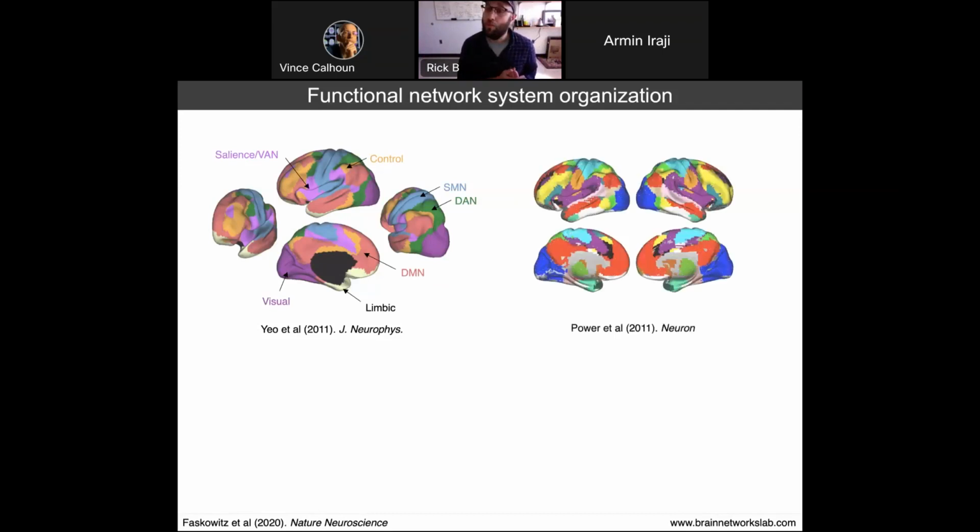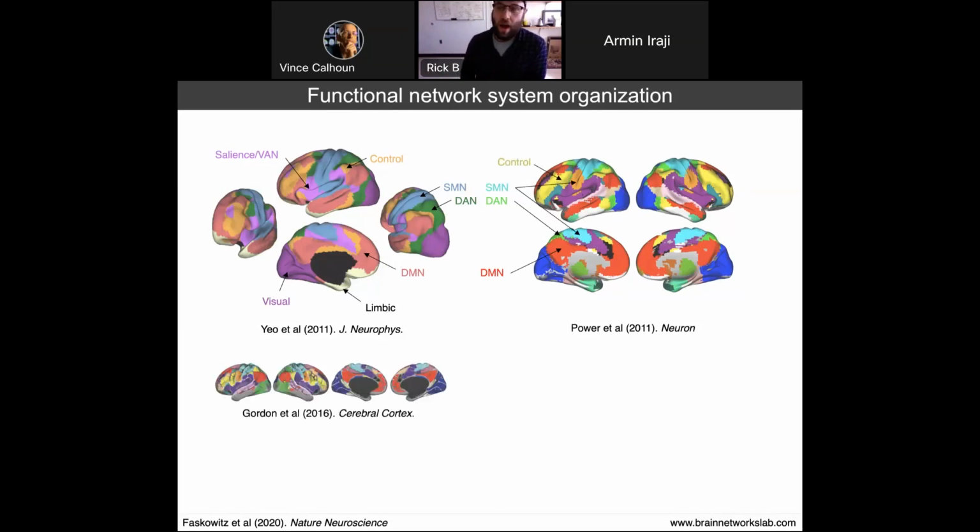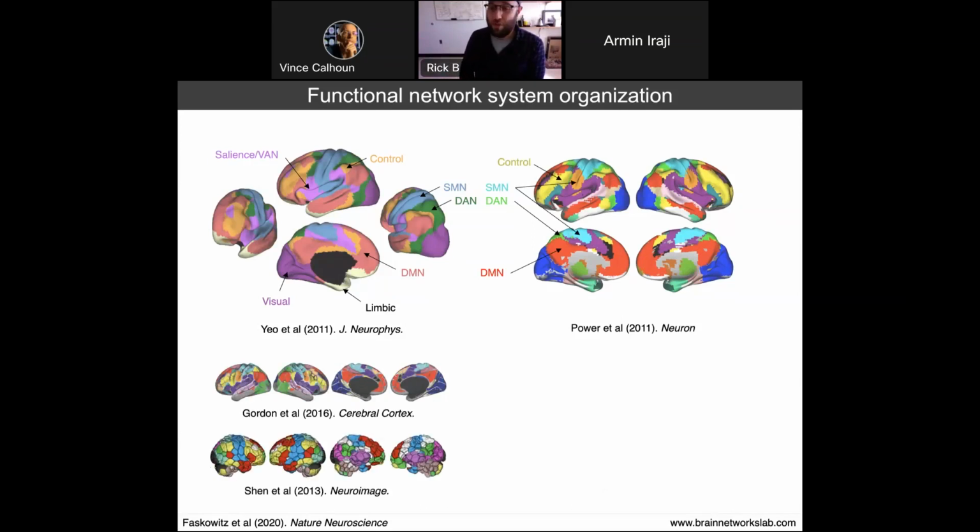If you don't like Thomas's work, maybe you like Jonathan Power's work, which came out more or less contemporaneous with Thomas's. Again, clustering functional connectivity on the basis of similarity in connectivity profiles. More or less, there's pretty good concordance between the two. A lot of the same systems are detected. Thomas's paper had one motor network. Power's paper had two. But again, a high level of similarity. More recently, Evan Gordon's paper. If you don't like either of these, you can use the Gordon Atlas. If you don't like that, you can use the Shen Atlas from the Yale group.